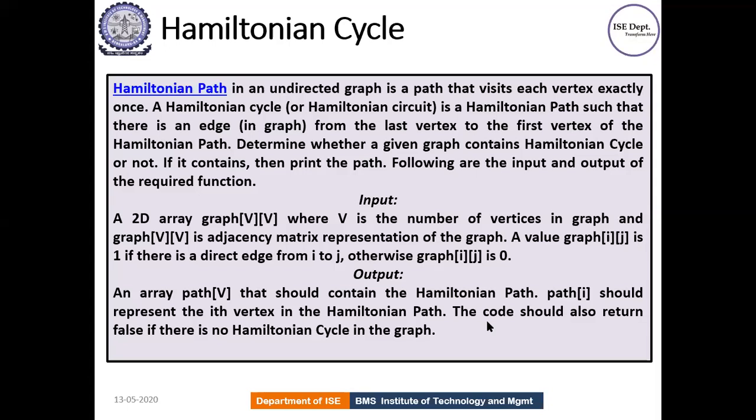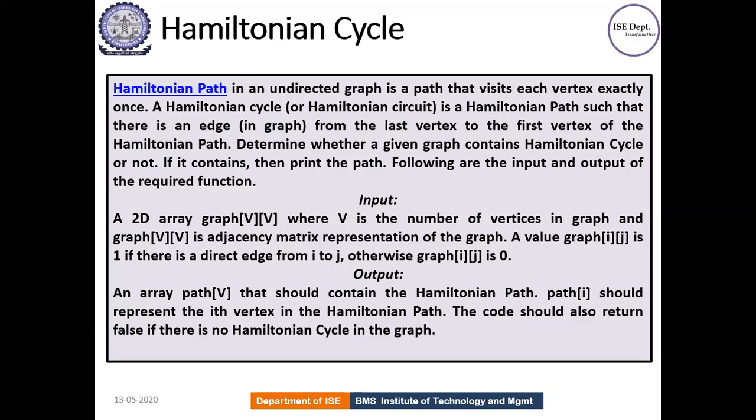Or you can also call it determining the Hamiltonian cycle, because here it is forming a cycle, correct? From a starting node, again we are coming back to the same node. So it is forming a cycle. You call this cycle a Hamiltonian cycle. Is this clear? Okay. So what is the output of this problem? It prints the path, all the possible paths.